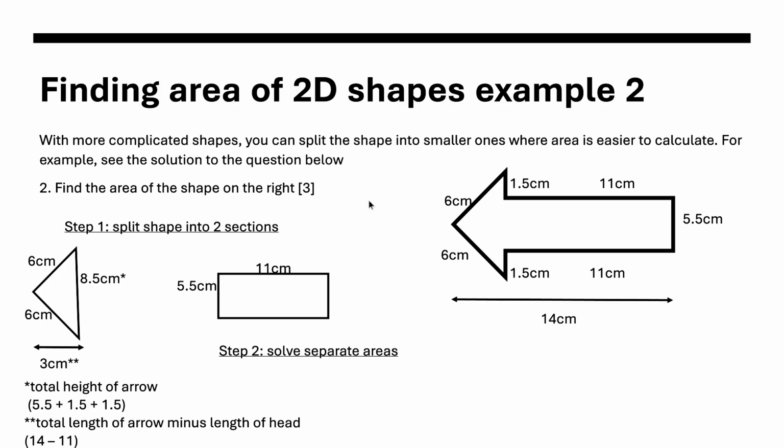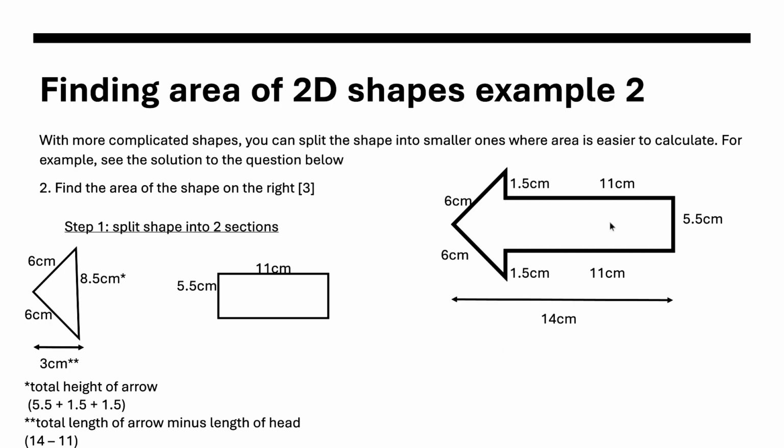Now I'm going to show you how I found these values here. 6 and 6 can be taken from the lengths of the arrow seen clearly here. 8.5 was found from this missing value, which we know is 5.5, plus the two 1.5s over here. This gives 8.5. Then the height of 3 centimeters, well, we know this rectangle length is 11 and the total